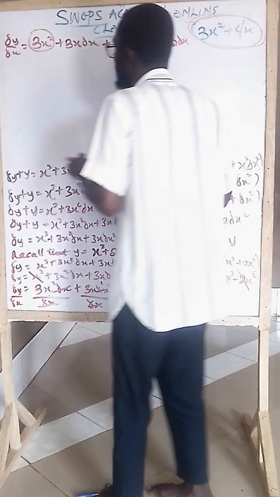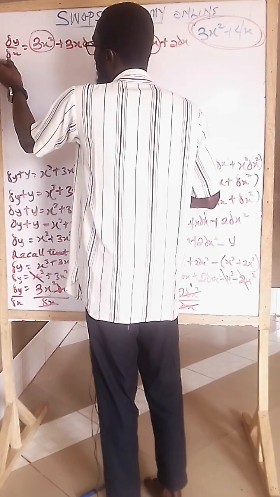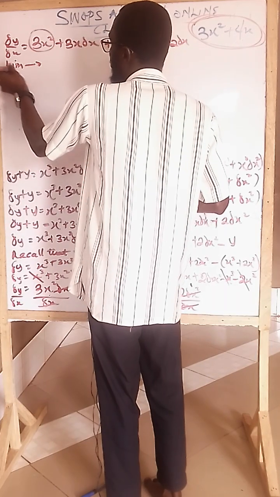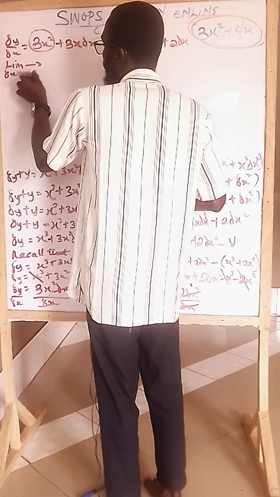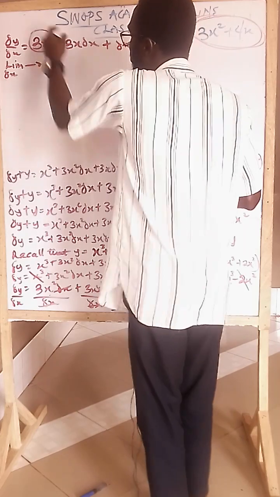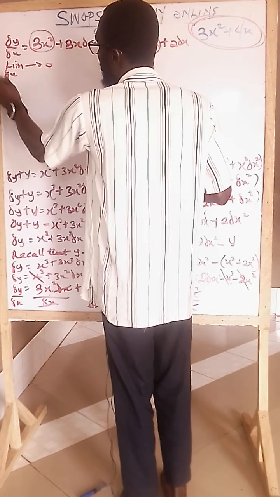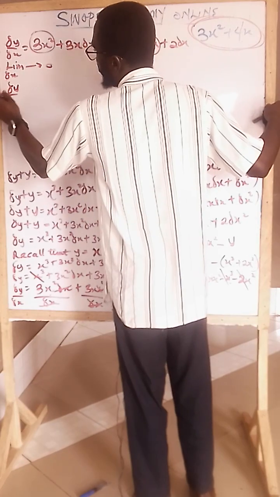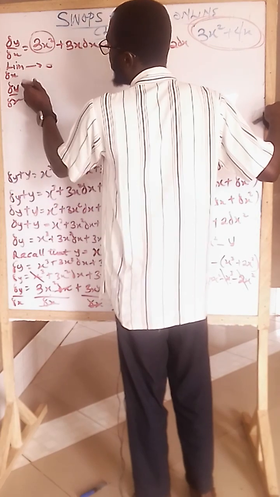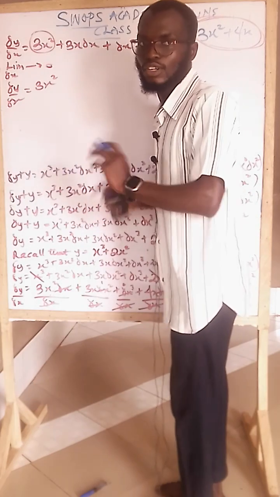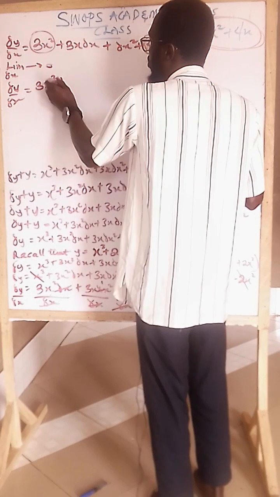Now the next thing to do is that limit, you can make it a limit in further mathematics. Limit the s to be what? 0. Wherever I'm seeing the s, what am I going to be putting? I'll be putting 0. It will now be the y. In order to have these two parameters, dy dx equals, what are we having here? 3x squared. Is there anything else here? No. So just leave that. Plus 3x